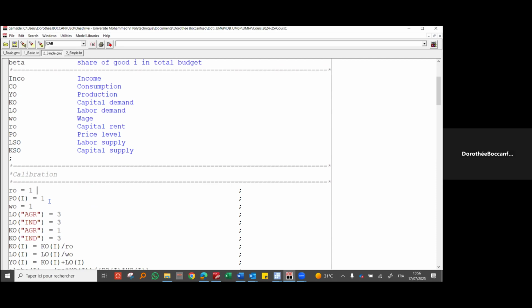Then the first, the price, the value that we give to the price is not very important. You can choose other values, but you have to be careful. We will see in the next line why you have to be careful when we assign another value than 1. Here we have the labor demand here for the agricultural sector. Here in this model,